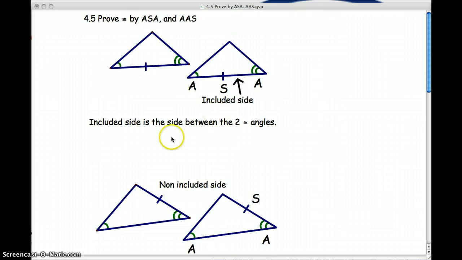Okay. Now, I want to quickly dispel a common misconception that students have. Just because these angles are congruent does not make these triangles congruent. There's no such thing as angle, angle, angle. What I mean by that is this: you could have a triangle that has sides of 3, 4, and 5, and then you could have another triangle that has sides of